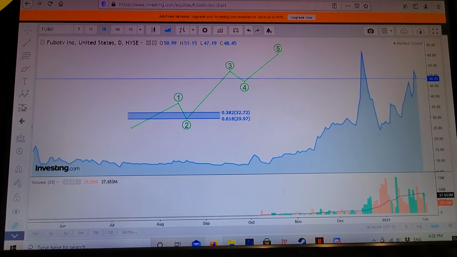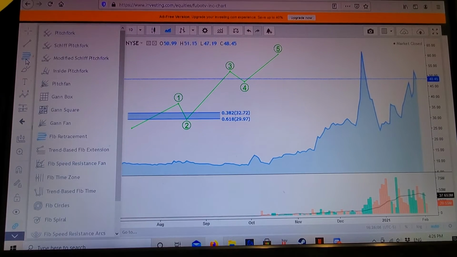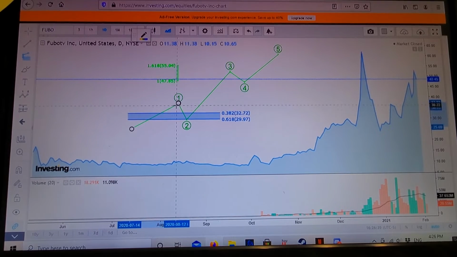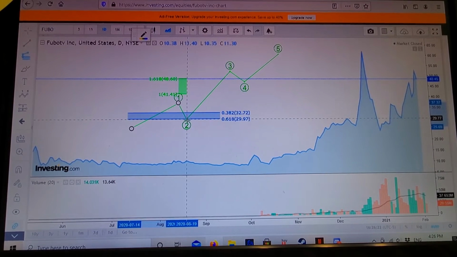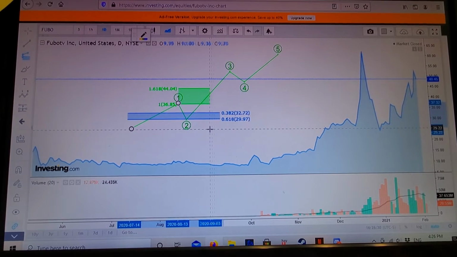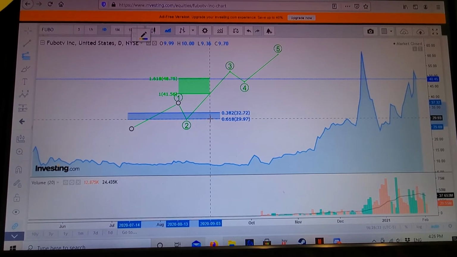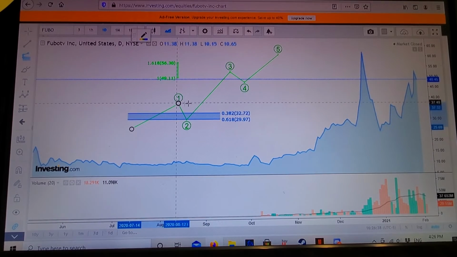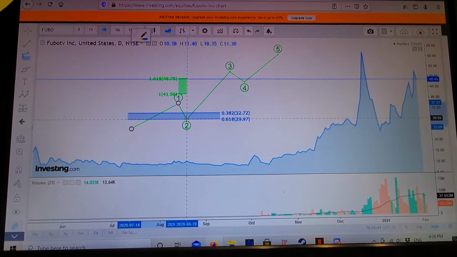So then if we look at how to figure out a price point or the extension on the Fibonacci, we'll do the same kind of an idea. We'll get our tool for trend-based Fibonacci extension. And we would measure from the bottom of 1 to the top of 1. And then we would pull down to the bottom of 2. So when we for sure know 2 has a bottom, you can click on that wave, obviously, to measure. If you're still not sure if it's still coming down, you're just trying to take a wild guess, you can just use the bottom, that 618 level on the box as your measurement. So click 1, click 2, and then we'll click down at the bottom of 2 here.